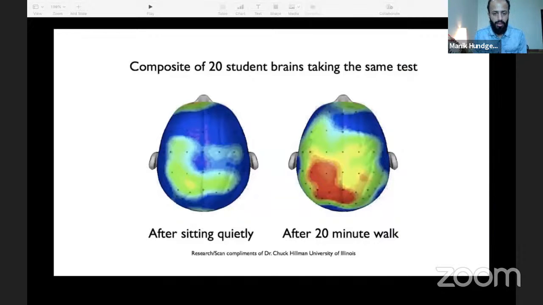People who are sitting probably in a classroom, and then after a 20-minute walk, what happens and what kind of activity happens. So the brain is very stimulated looking at a changing scenario. So we know that when the environment is changing outside, our brain is very stimulated, and it is most stimulated in natural environments, which they have also found, or environments which are simulated in VR, like that. And that is one of the reasons why VR is so addictive, because it sort of brings the same pattern out in the brain.